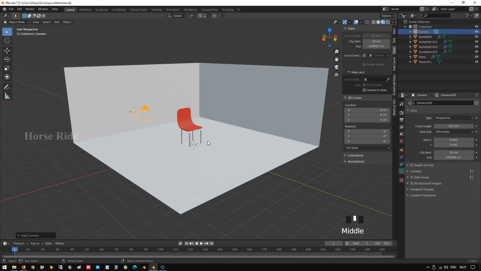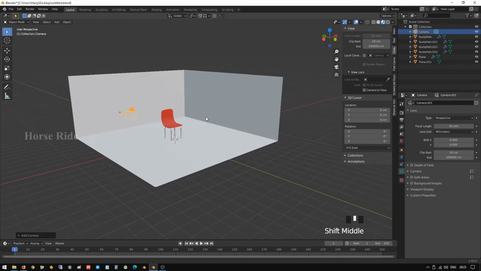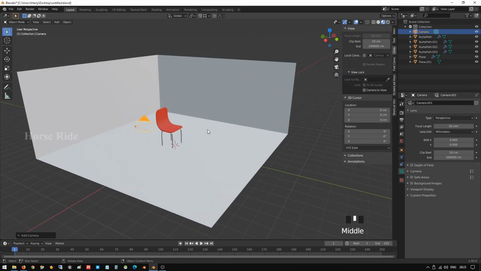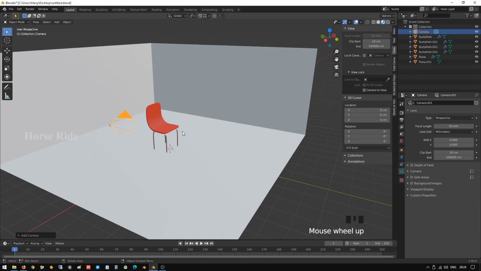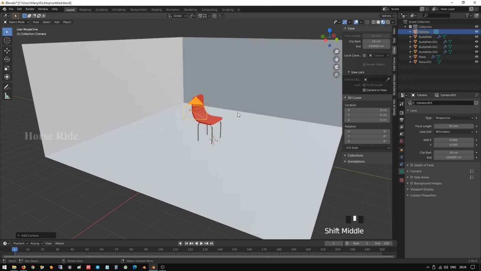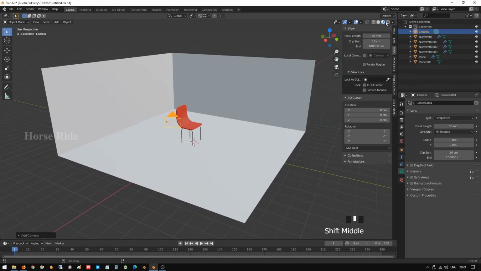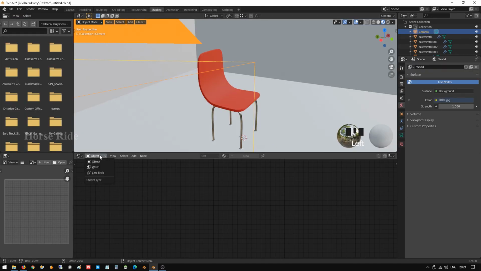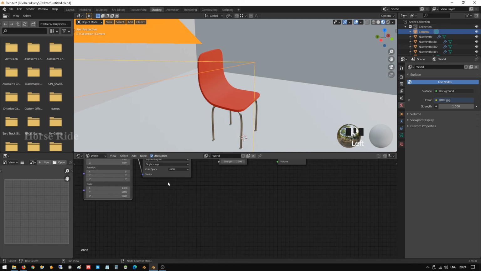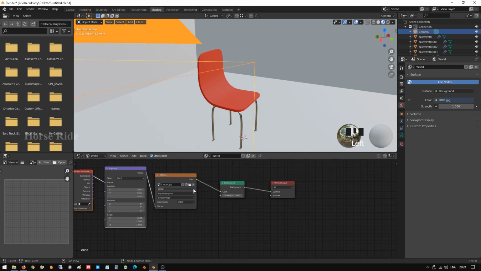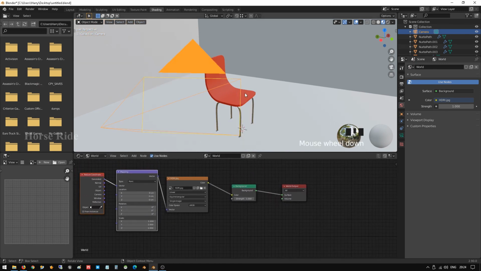Now we are going to give an environment HDRI image, and we are going to give sunlight. Here in shading, select the world. Here we have added one HDRI, which I have added.